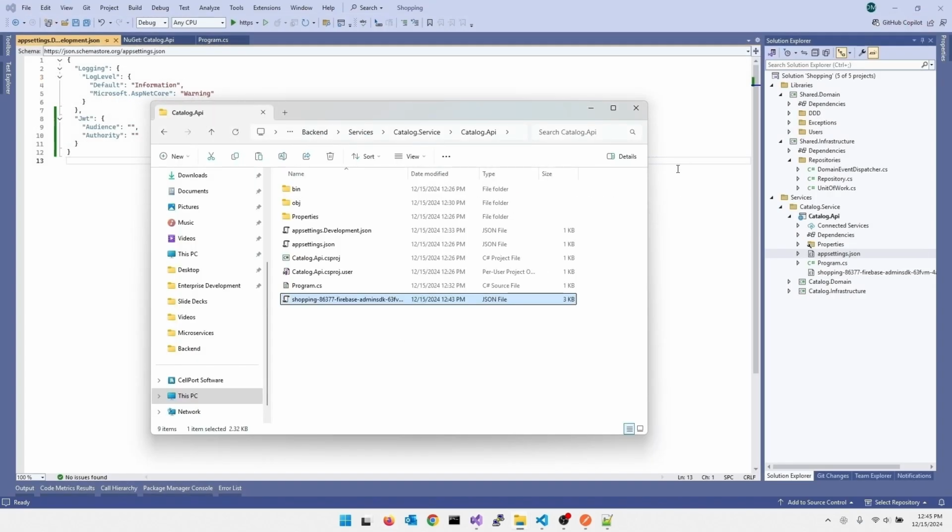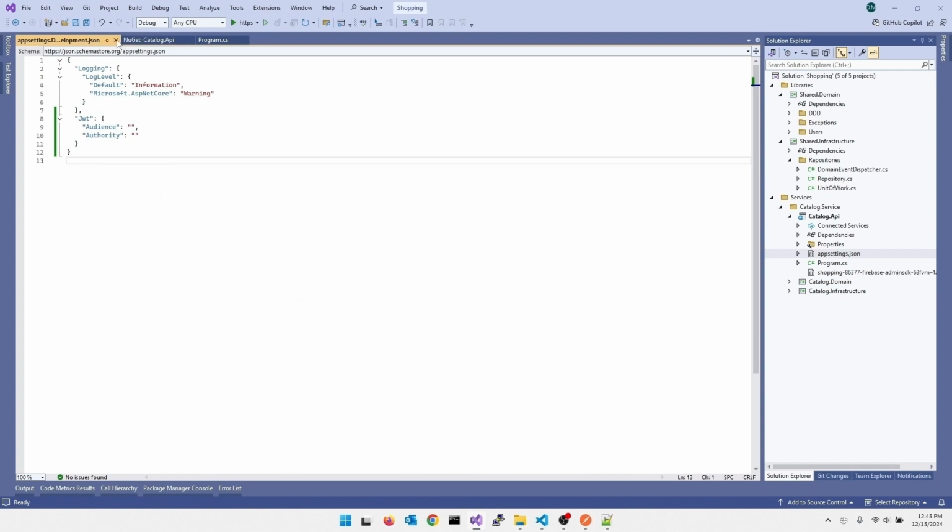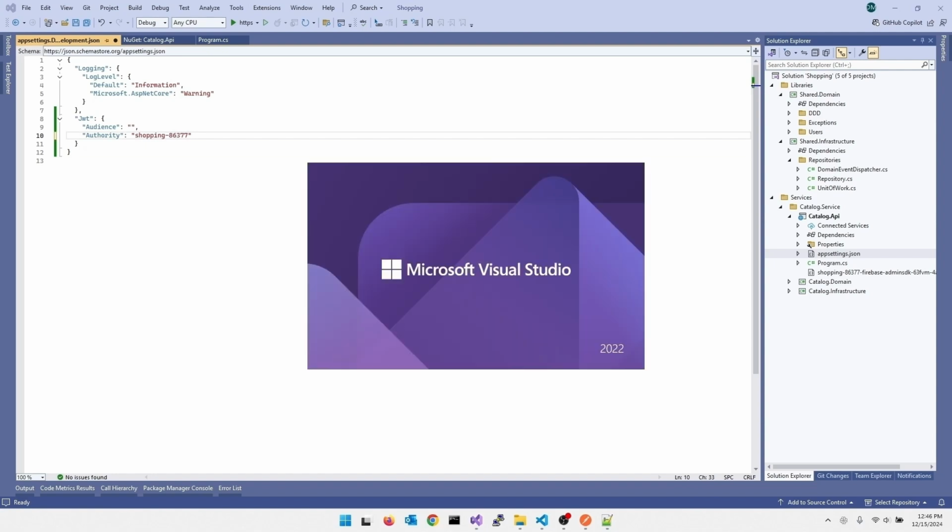And now we can come back, and one of the things we want to do is look up the authority. Off screen here, just because it has the private key in it, I'm not going to put it on the screen, but what I'm grabbing out of the JSON file is a URL and also an ID, sorry, project ID. And the project ID is what's going to be the audience. And then the URL that we're going to end up using,